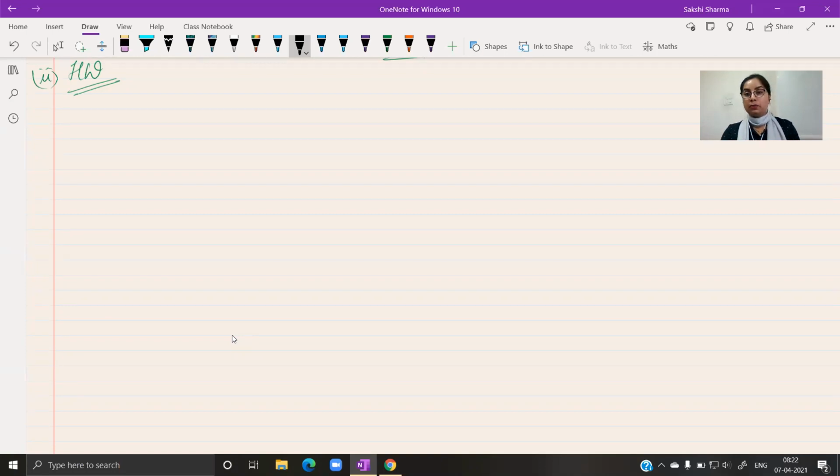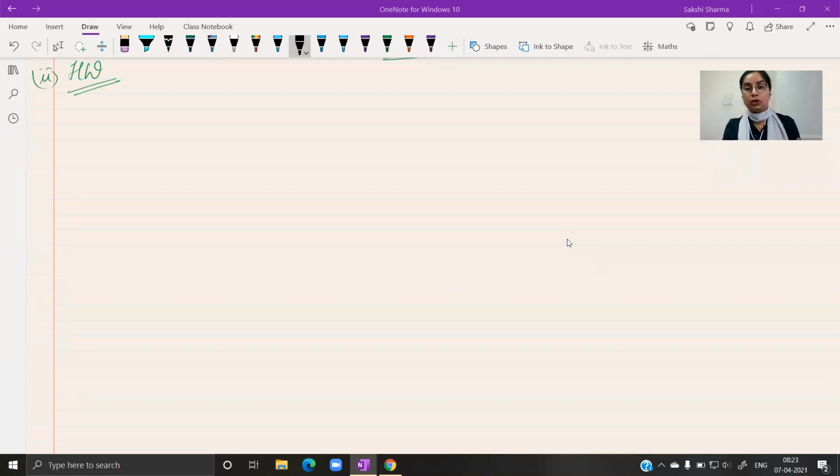The second type, if you can recall from 2.2, the second question, if you are given the sum of the zeros and the product of the zeros, it's the same thing which is used in the relationship. When we verify the relationship for a quadratic polynomial, after finding the zeros, we have two relationships. One is for the sum of the zeros and the other one is for the product of zeros. If those values are already given, we can obtain the quadratic polynomial. We can find out the quadratic polynomial whose zeros will have the given sum and the given product. Same thing can be done for a cubic polynomial.